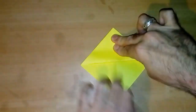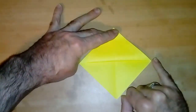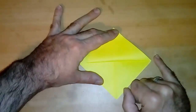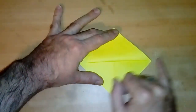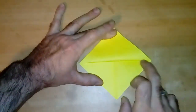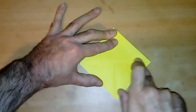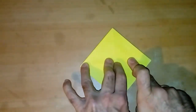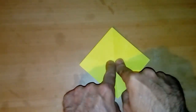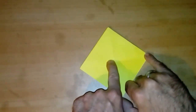Just like that, because if you start from the middle and start folding out, it tends to sometimes not fold quite at the edge, at the corner here, at the point, and then it rips right here, you know what I mean? So just do the little pinches and corners like that first, and then do the folds. Because if you start from the middle, it sometimes tends to rip right at the end here, you know what I mean,